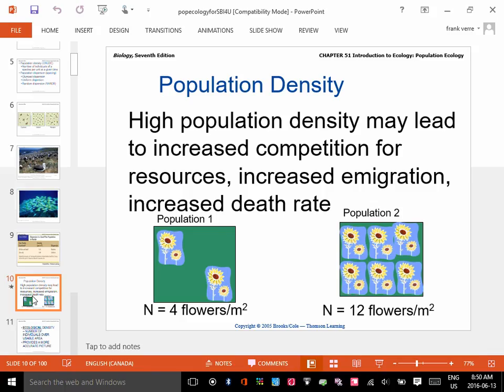Give me an example with humans. What would be an issue in a very highly dense human population that would be different in a population that had very low density? Like maybe out on a farm, where you don't come in contact with each other very often. How would living in that kind of environment be different from an environment with thousands and thousands of people living in a very small area, like downtown Toronto? How would that affect ecology? Why would you be interested in the density of a population?